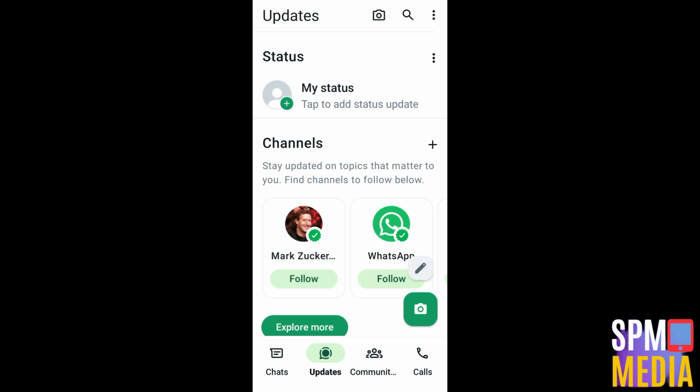Hey guys, welcome back. In this video, I will be showing you how to activate two WhatsApp accounts in one Android. The first thing to do is you just have to open your WhatsApp account and you can add another